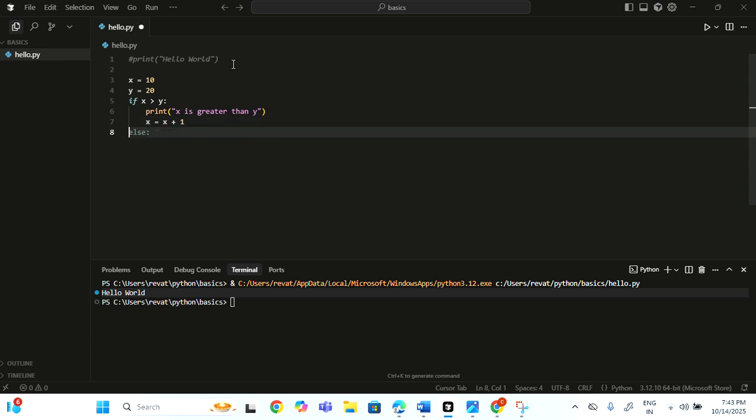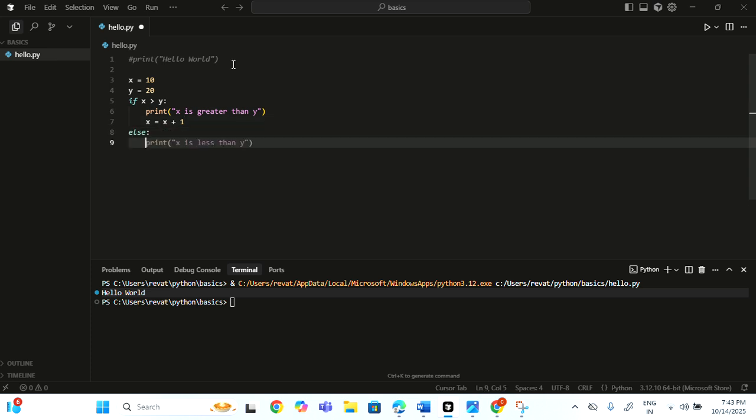So like if I want to print any else, so I give again 4 spaces, print x is less than y and so on. You can give y equal to y plus 1